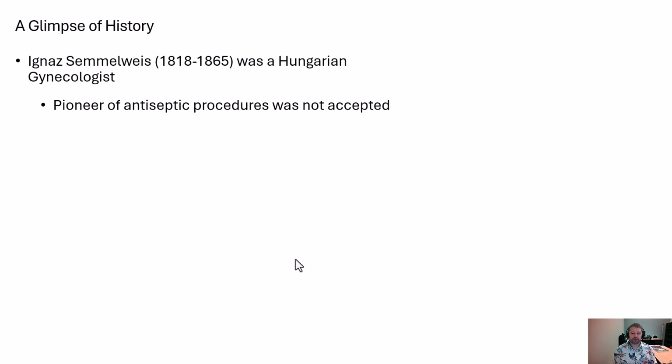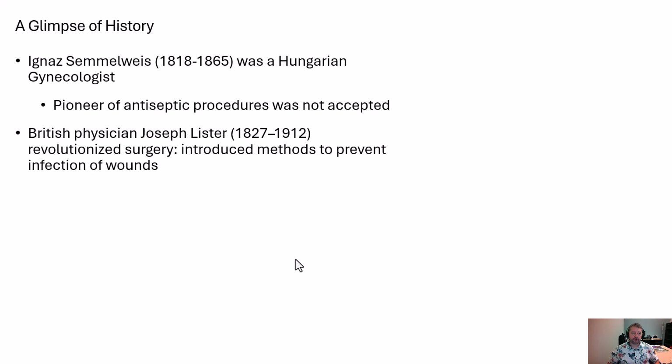He really started the idea that you should be washing your hands after procedures, before procedures, to prevent the movement of, but we didn't know what they were at the time, movement of bacteria in this case, we know now. Okay, so it kind of gives way to another physician, Joseph Lister, who, along with Semmelweis's material